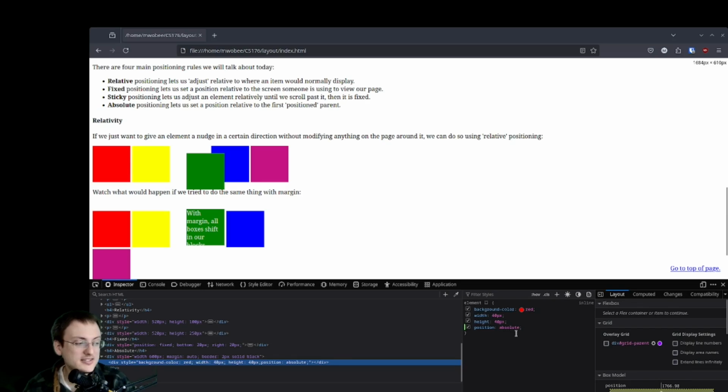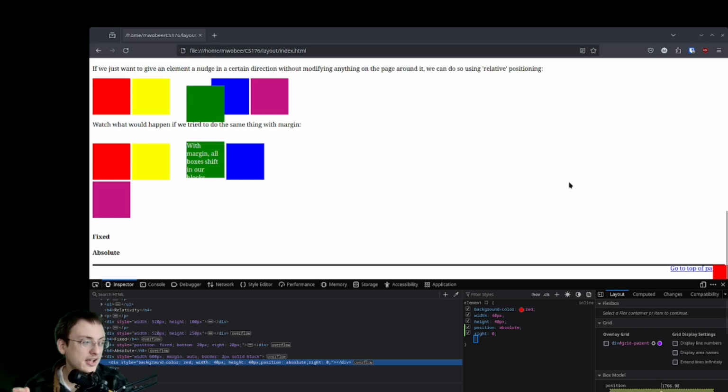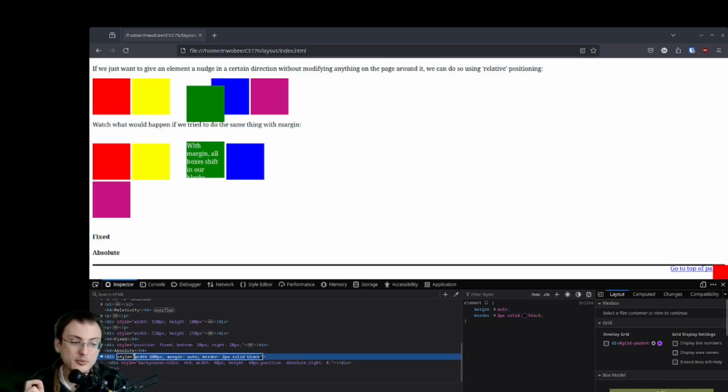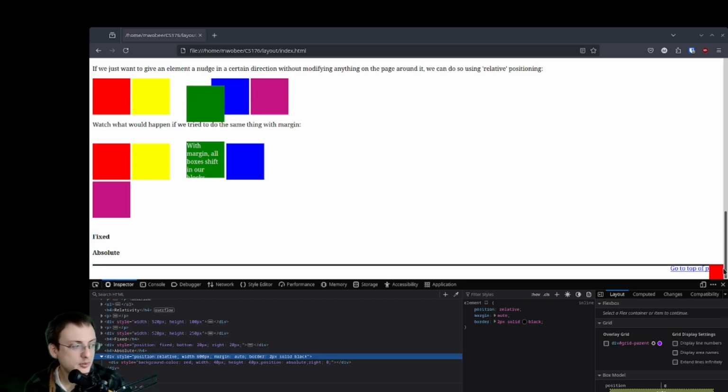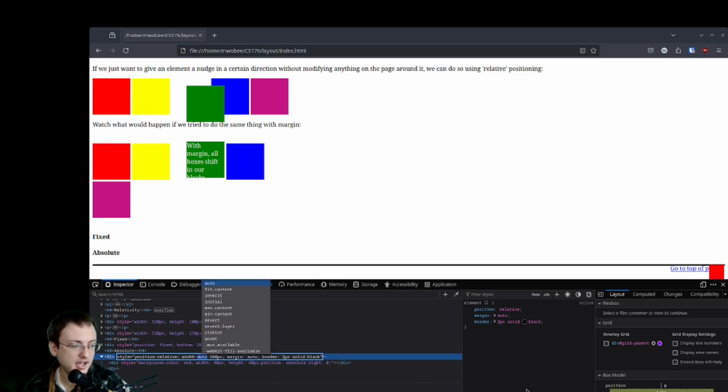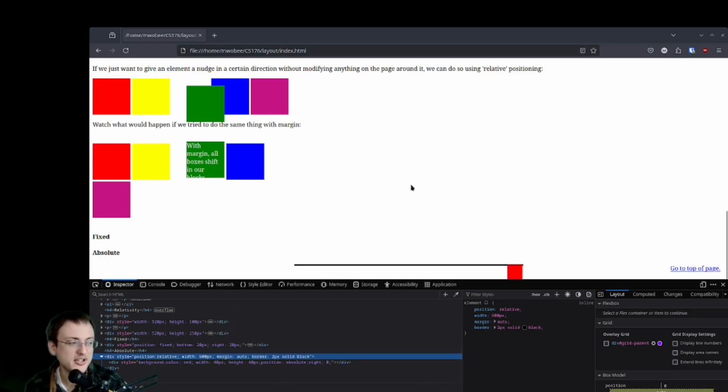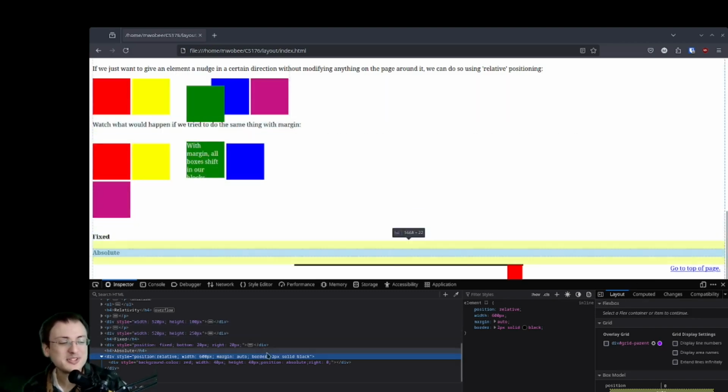Now, if I say, oh, well, it's right 0, it's going to ignore its parent. But if I say, well, the parent is also position relative, even if I don't make any changes to it, this square just moved back in a little bit. So if the width of this box was a little bit shorter, actually 600 pixels, there was a missing colon